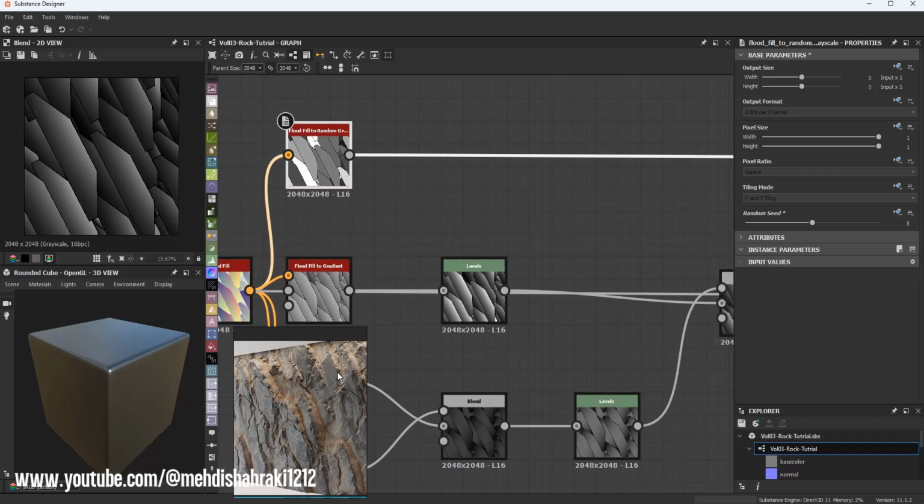I mean, we need a difference level on the surface of material in this affects in height